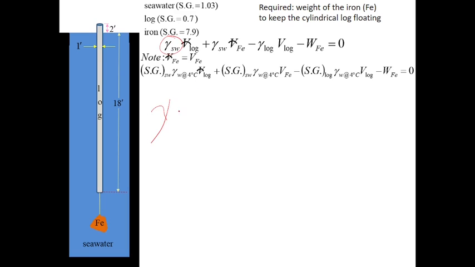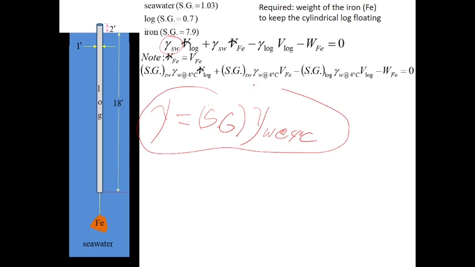Okay? Specific weight of a substance is equal to specific weight, or should I say, specific gravity, okay, times specific weight of water at 4 degrees Celsius. Diba? Naturo ko na dati yan. Okay? The specific weight of the substance is equals to the specific gravity of the substance multiplied by the unit weight of water at 4 degrees Celsius. So, kung ganon,